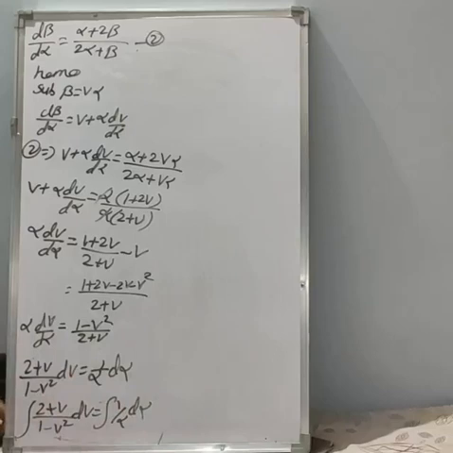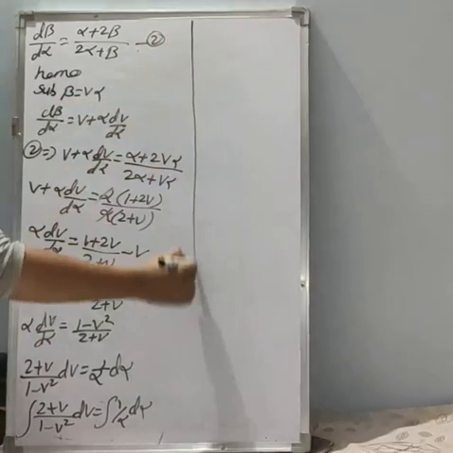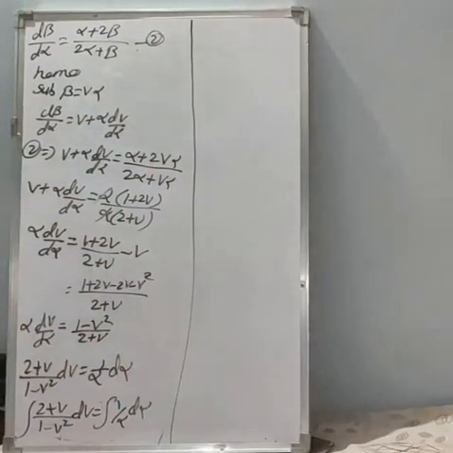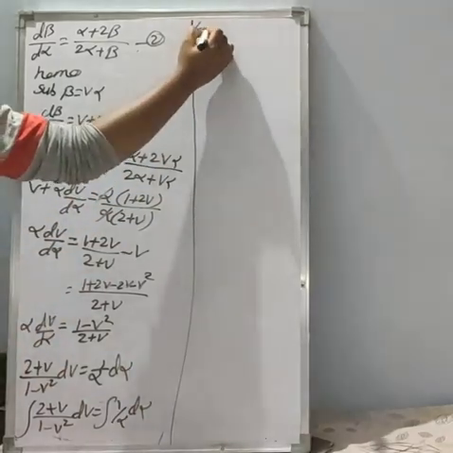Now see here, direct integration is not possible. In these cases, see here we have 1 minus v square, right? So take the partial fraction. I think you studied the partial fraction in PUC only. So we can write, consider